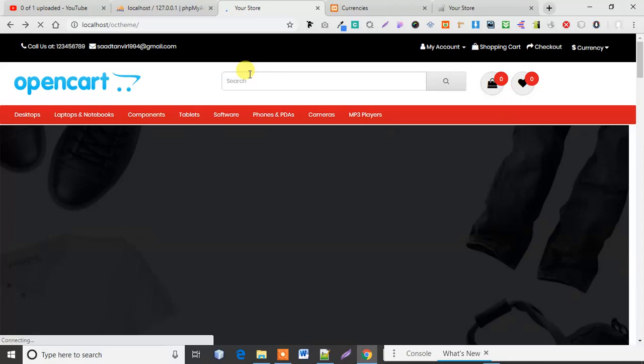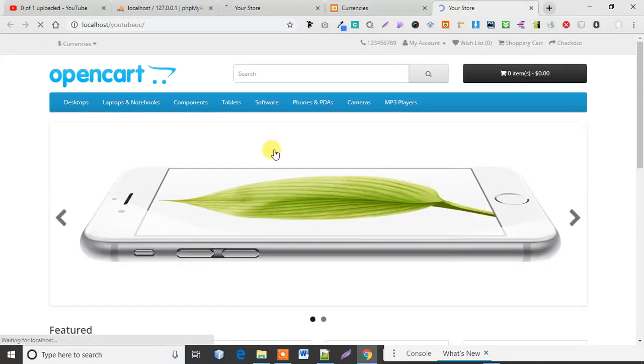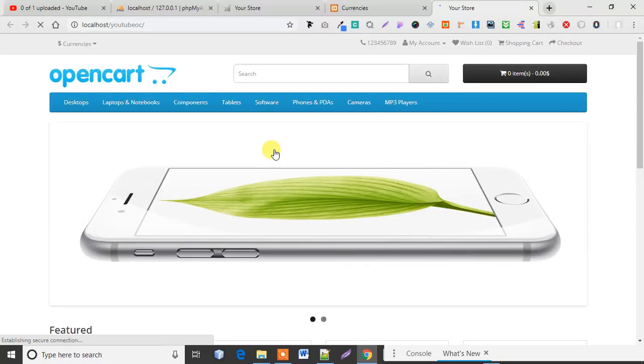I will refresh it, and please refresh it with Control R or Control F5, because you have to clear your cache, otherwise no change will be shown. So please be careful about it. Every time you want to refresh your browser, do Control R or Control F5, multiple times, because sometimes doing it once does not clear the browser cache, and you still see the old interface and the changes will not be reflected. So don't worry, always when you are going to